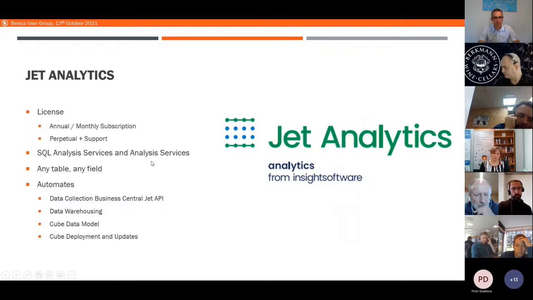So you need two databases. Now, one of the things that has access to is, again, that magic Jet connector, so any table and any field is available. Basically, what the whole solution does is it automates and helps you build through the steps of getting the data out of Business Central using the Jet API. So any table, any field, creating a data warehouse,